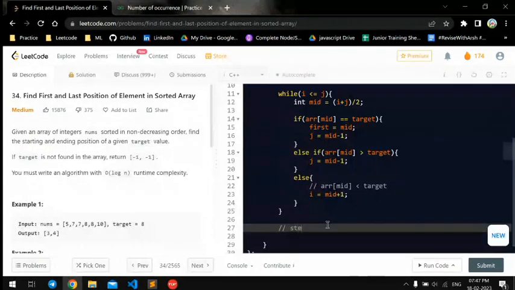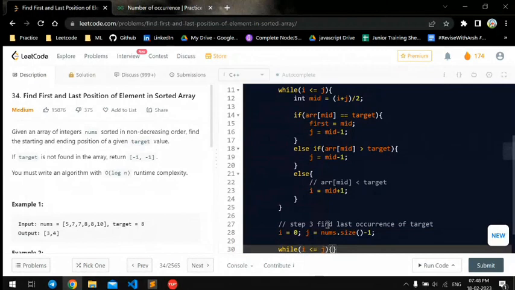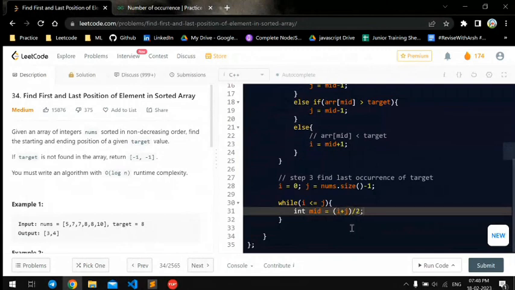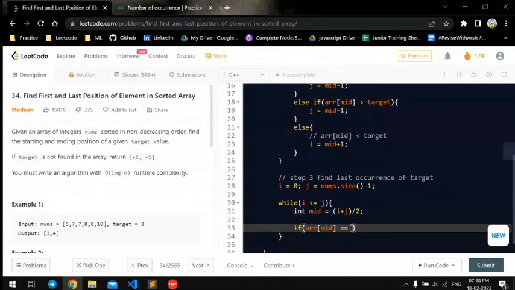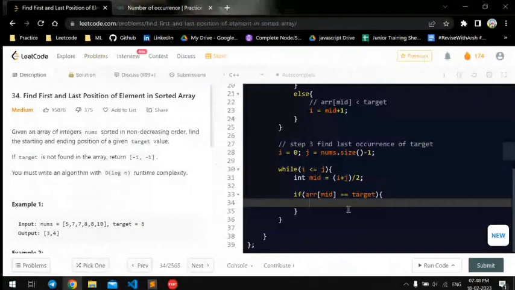Now step 3. Find the last occurrence of target. So again i equals 0 and j is pointing to the last index of the array. Now similarly, while i is less than or equal to j, calculate the mid index. If the element of the array is equal to target, then this can be the last index. So mid can be the last occurrence of the 8. So we can set the last variable to mid,